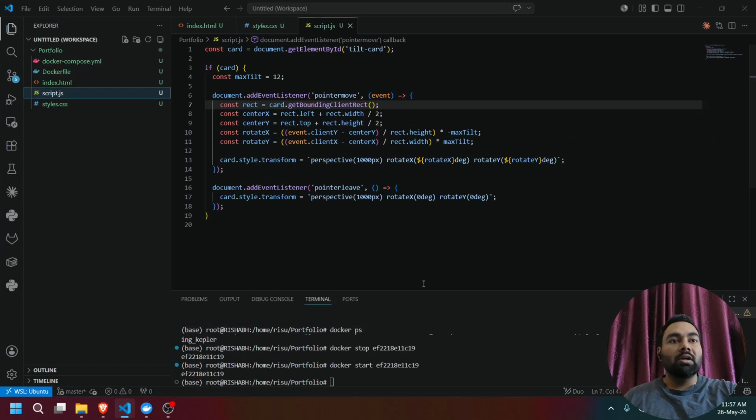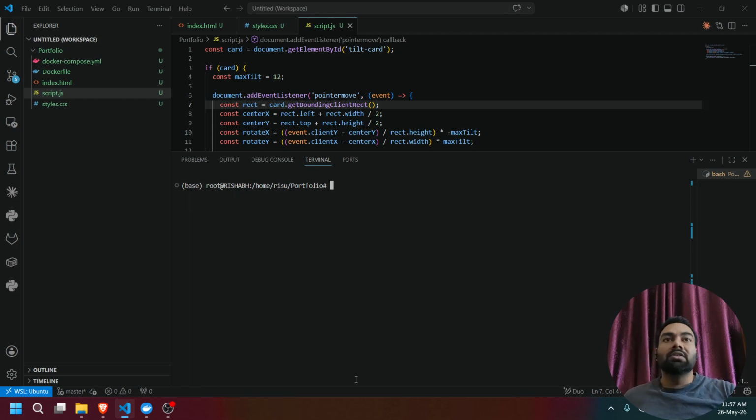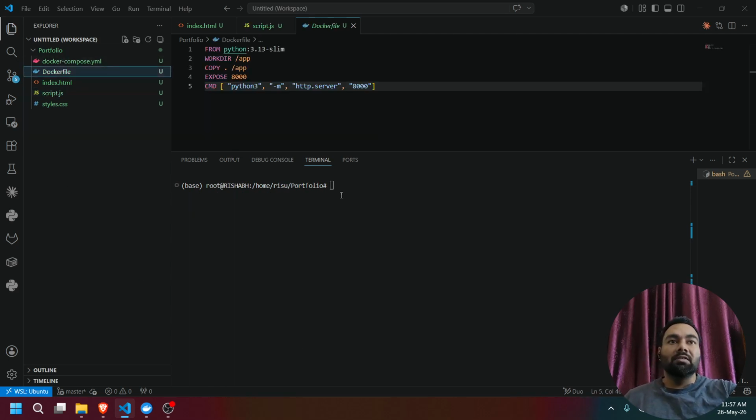So let's go and run this application first. First, I will manually run it without using a Docker file. So for running manually, I'm going to use a Python web server. So I have to give a command